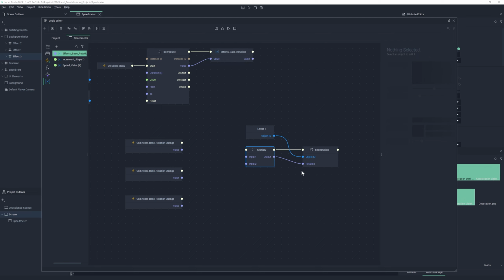If we look at our logic, we will see that the things that will be different for each graphic is the object ID and input 2 of the multiply node. So what we can do then is create what's called a function, which basically allows us to package up a set of self-contained logic with its own user-defined inputs and outputs, which can then be reused across your entire project